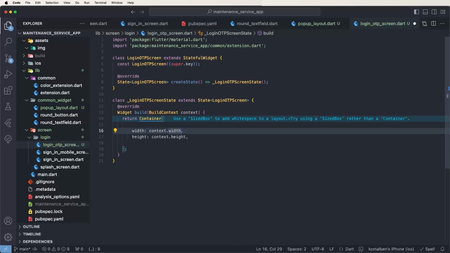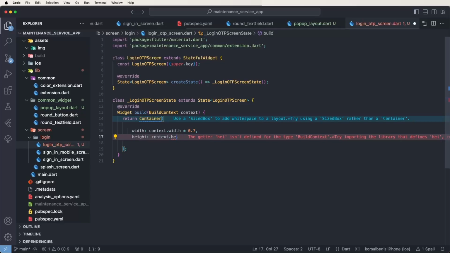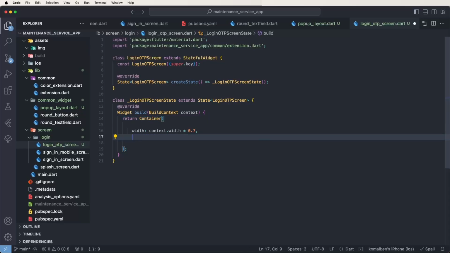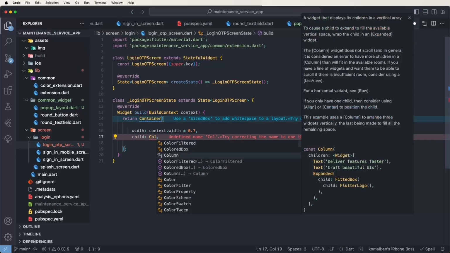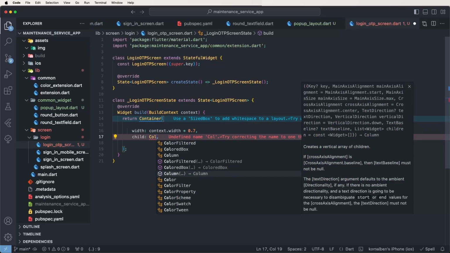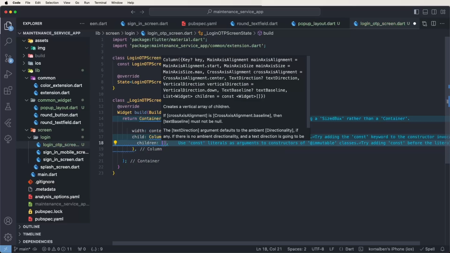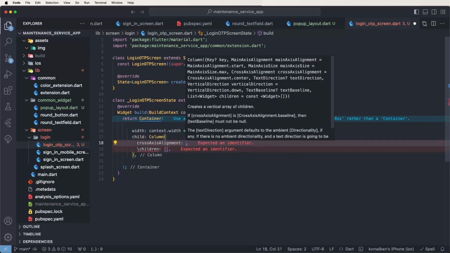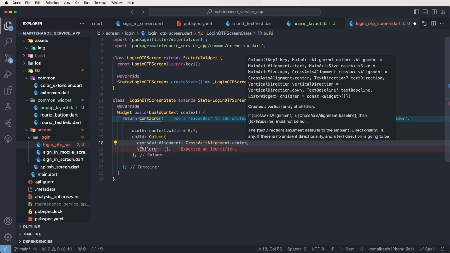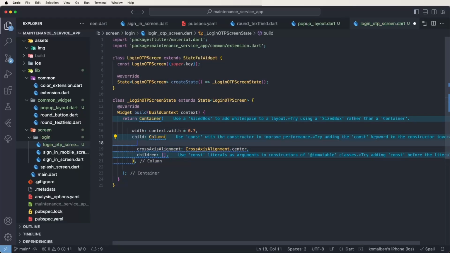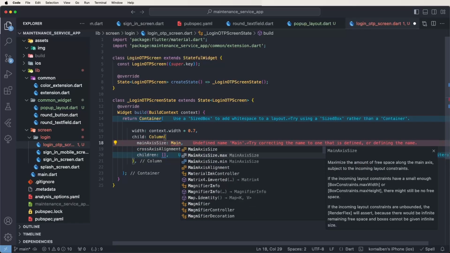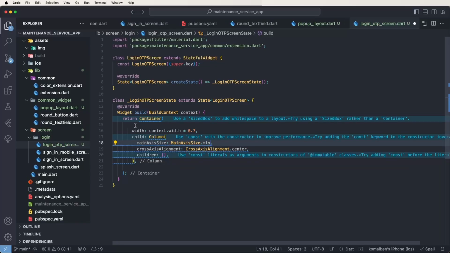multiply by 0.7, and the height is not fixed. Create a child, create a container, then a column, and set the cross axis alignment as center and set the minimum size, main axis size set as minimum, and now we need to create the decoration first of all and